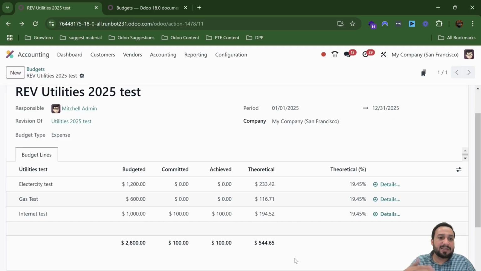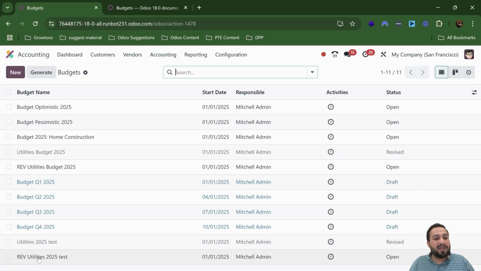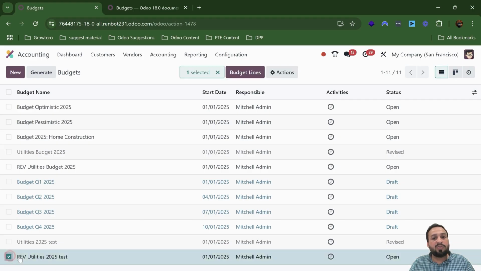The next step is in budgets. In budgets, the next step is how we can separate one budget into different budgets. For example, in our accounting, I will click on analytic budgets. I have created this budget, revised utilities 2025 test. I want to split this budget, so I will click on generate,